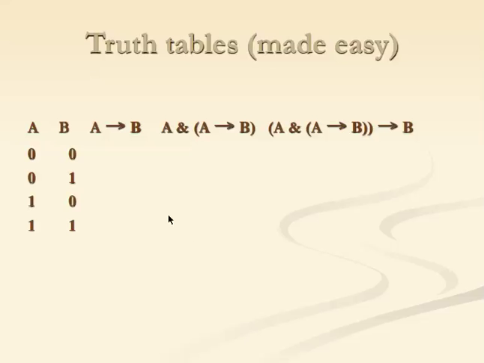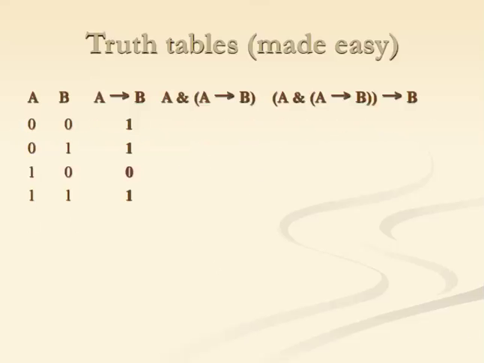So let's consider this statement. The statement here is the one, a claim is a tautology, and what I have written up here in the table is some propositions that are related to this one. These are like the building blocks of the proposition. So let's look at A implies B first. Then we can fill this in. These are the truth values for A implies B.